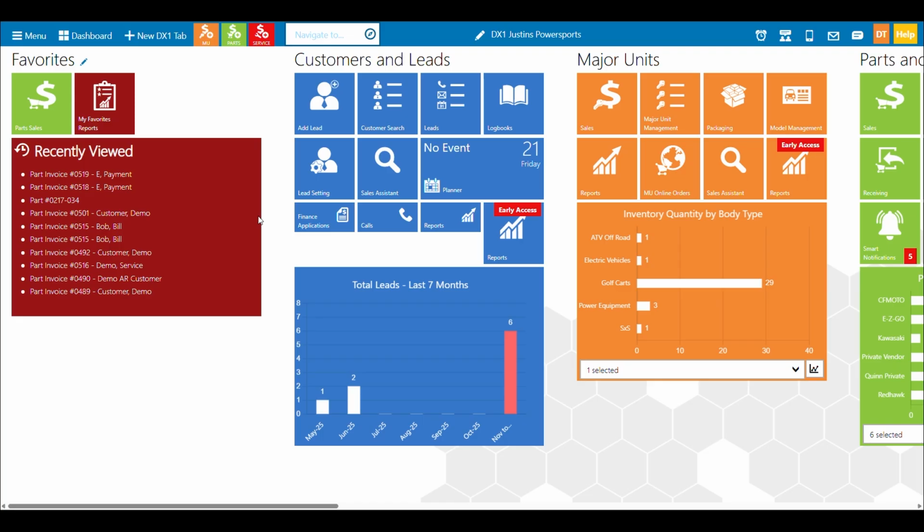All right, in this chapter, we're going to be talking about how to attach a parts invoice to an RO. There's going to be two scenarios we're going to look at here: creating an RO or a standard parts invoice and then just moving it to an RO.